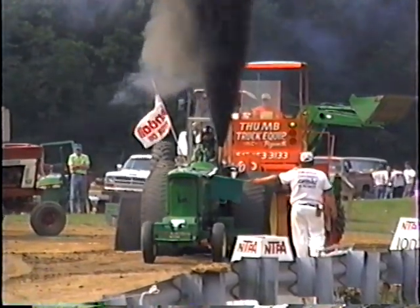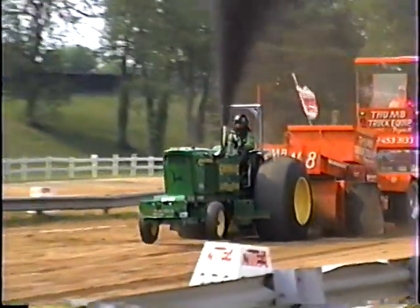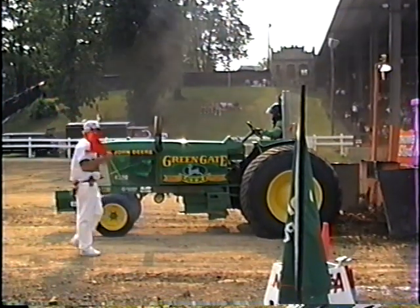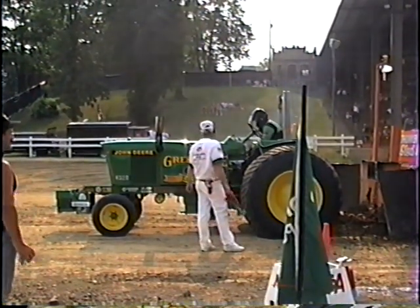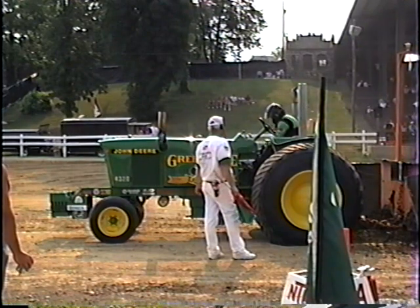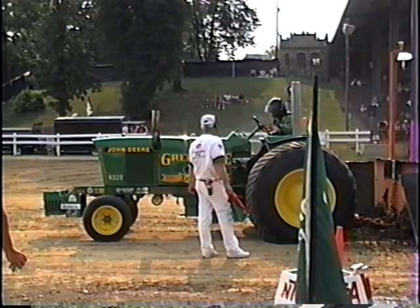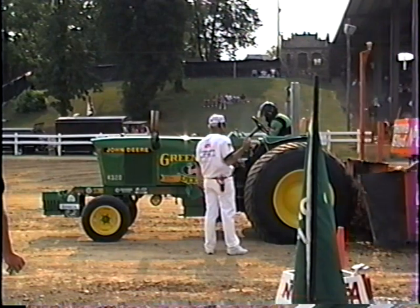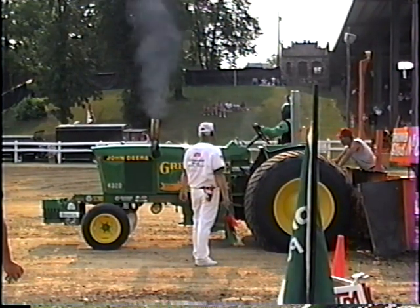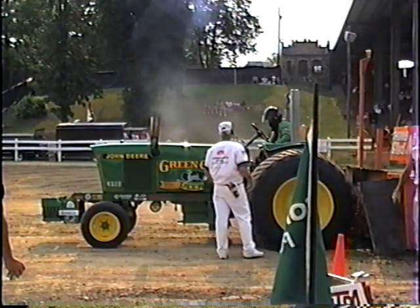That's what they did. So here he comes, the Green John Deere, Larry Vine Jr. out of North Canton, Ohio. 296.01. Good enough for second place. The third place tractor is .86. The fourth place tractor,